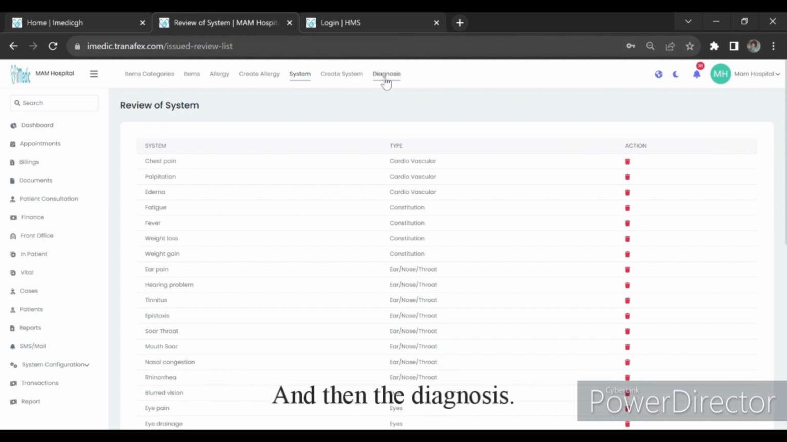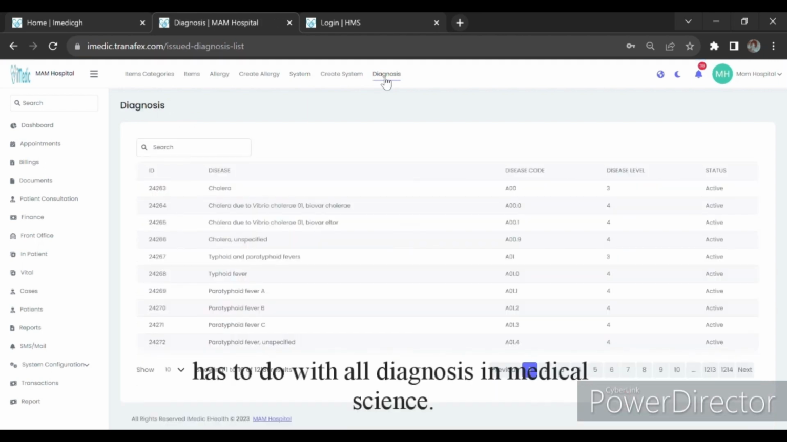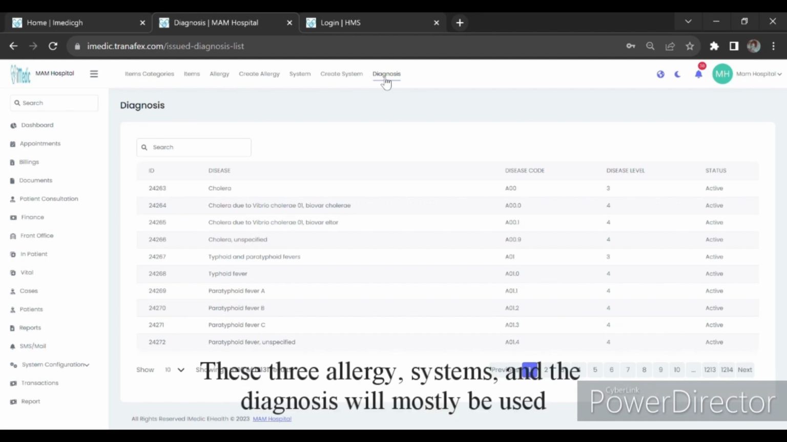And then the diagnosis. Diagnosis has to do with all diagnoses in medical science. We've already uploaded this with all the diagnoses currently in medical science. These three, allergy, system, and then diagnosis, will mostly be used